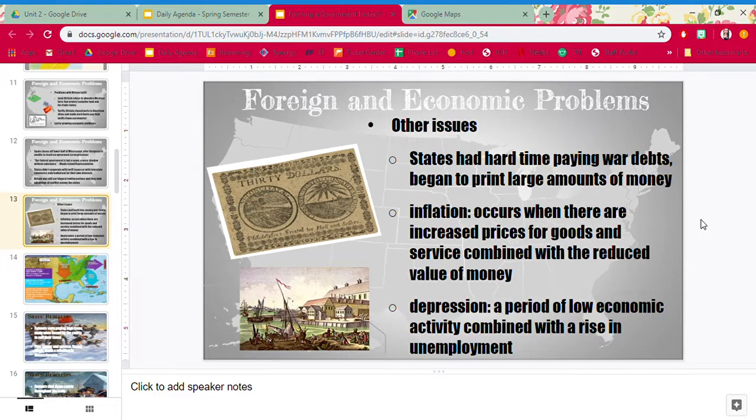So that's what inflation is, right? It's where they were just printing all this money, and now it made the money you actually had less valuable because the government's just printing more and more and is like, here's more money, throw it at the problem. And so this always leads to an economic depression, and it's not good for any country.